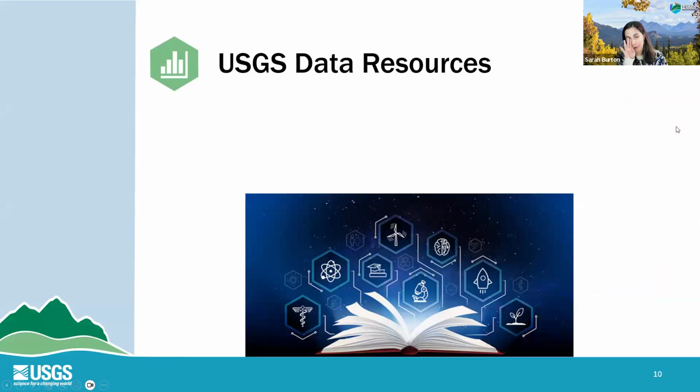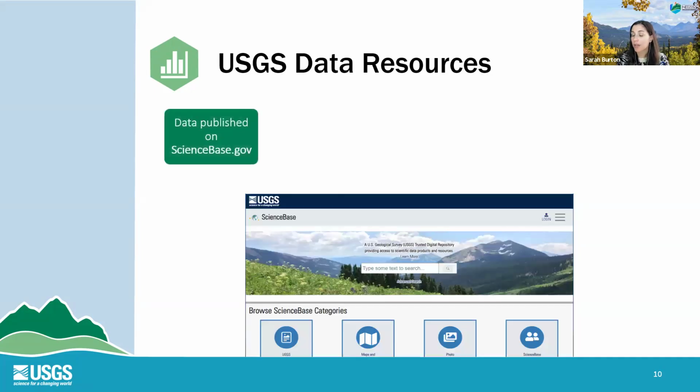So transitioning from the CASC network, how we work in co-production, to data resources. Programs like the CATS program, the Climate Adaptation Technical Services forthcoming program, wouldn't be possible without the use of open data sources and all of the resources that USGS and other agencies have out there available for use. So you may be familiar, you may not, but I just wanted to highlight the different ways that you can access not only CASC data resources, but USGS and the federal space as a whole. So the first